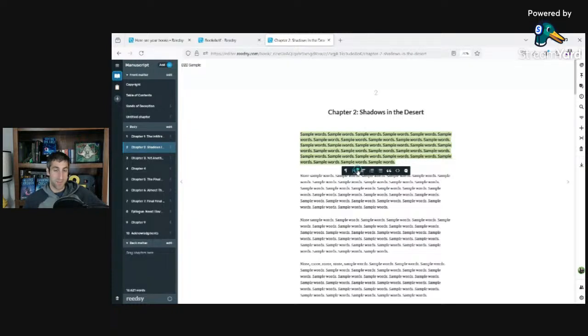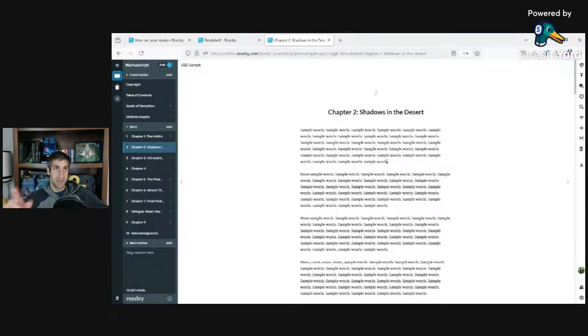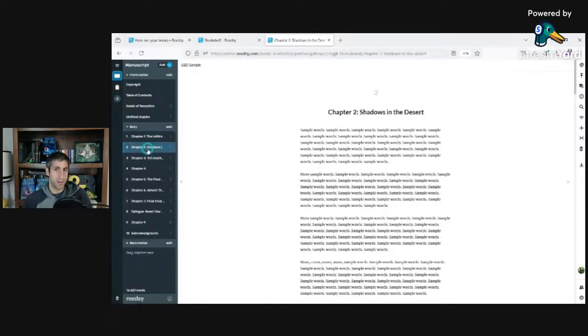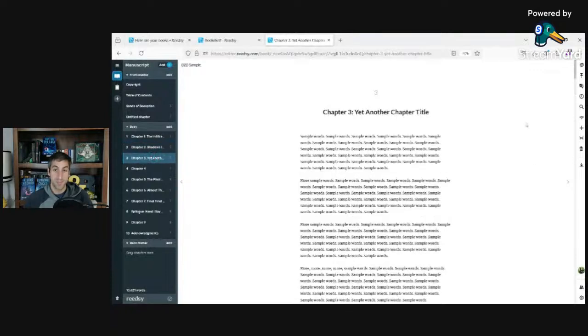So I'm messing around with the different H1 options. You have heading 1, heading 2, heading 3. All of those would leave the text bold, but instead I wanted to set it to the paragraph, which is the leftmost option, and that returns it to the normal sample text. And I know that's a lot that I threw at you, but I promise you it is more intuitive than it looks if you get in and just try experimenting around with Reedsy.